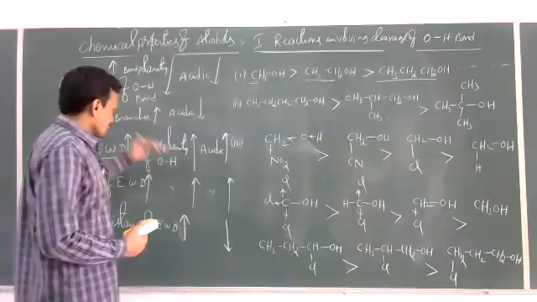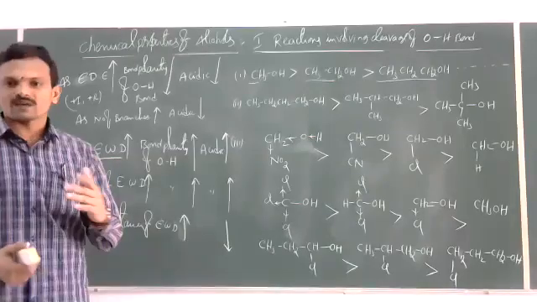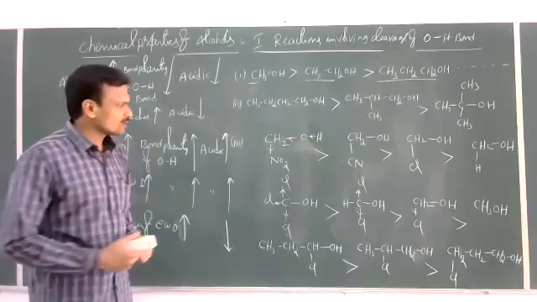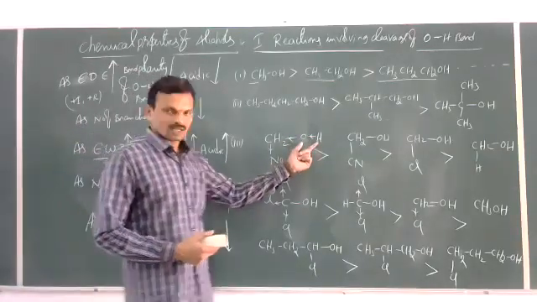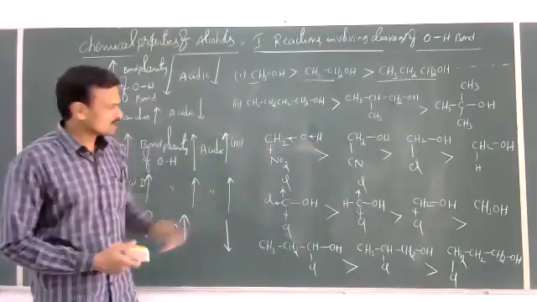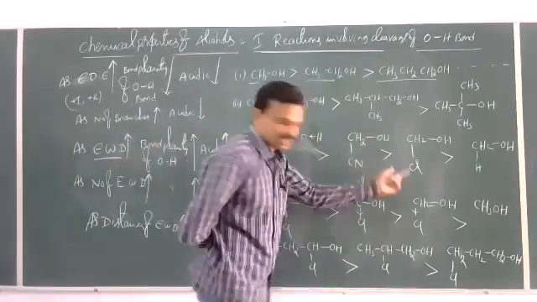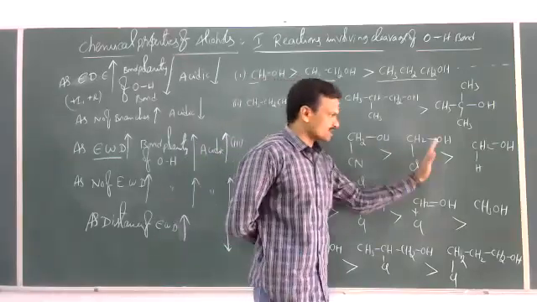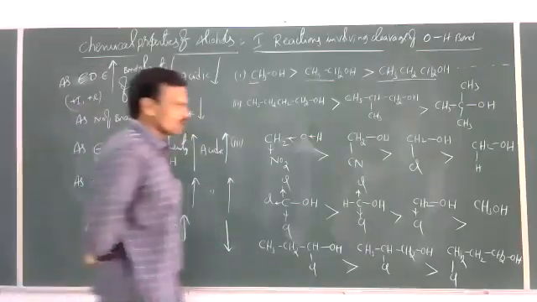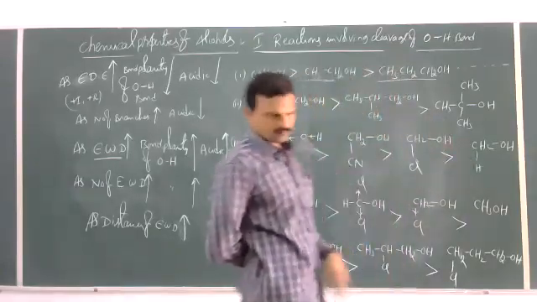Next, the third case, exactly opposite to the first and second case. As the electron withdrawing effect increases, that is, as the minus I effect or minus R effect increases, the bond polarity of this O-H bond further increases, and hence acidic strength increases. The tendency to release proton increases. What is the order of I effect among these three groups mentioned here? NO2 greater than CN greater than Cl. The C-H bond has no inductive effect, no releasing or withdrawing effect, because the electronegativity difference between carbon and hydrogen is very less, less than 0.4. So it is negligible.